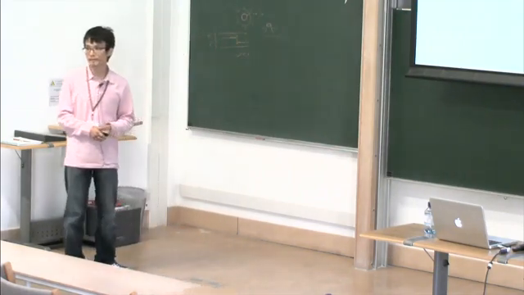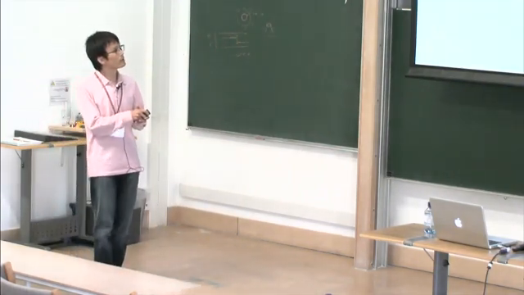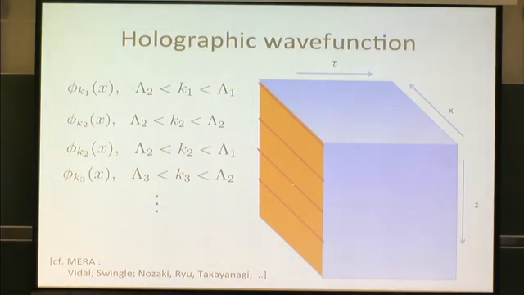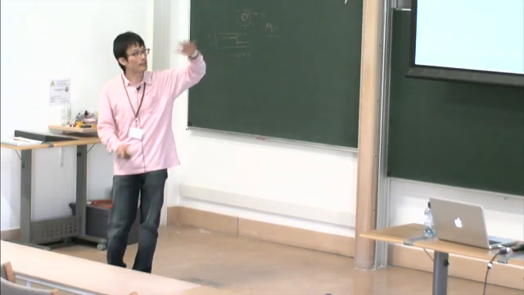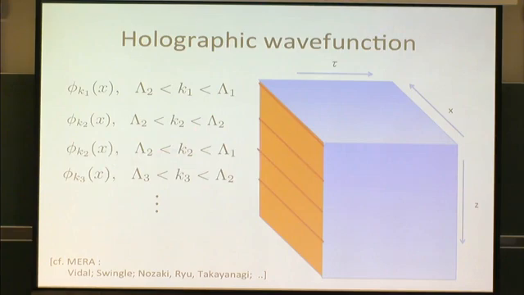What is this edge? So this is the edge. Suppose I want to know the entanglement between the mode above this scale lambda 3 and the mode below this scale. Then I trace out the mode below this scale. Right? So you make a direct identification of the k with the z. Yeah, right. So here I'm choosing one particular gauge choice. So I divide my low energy mode in terms of k.